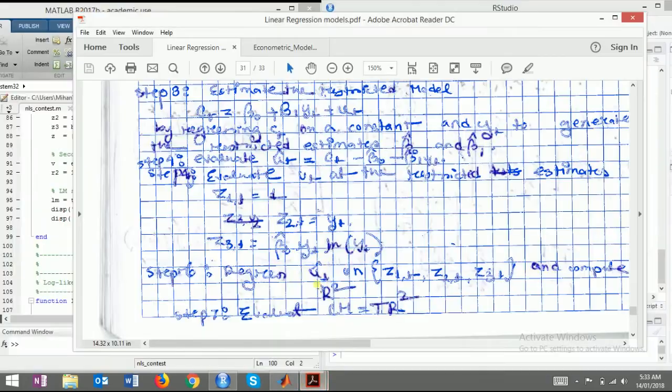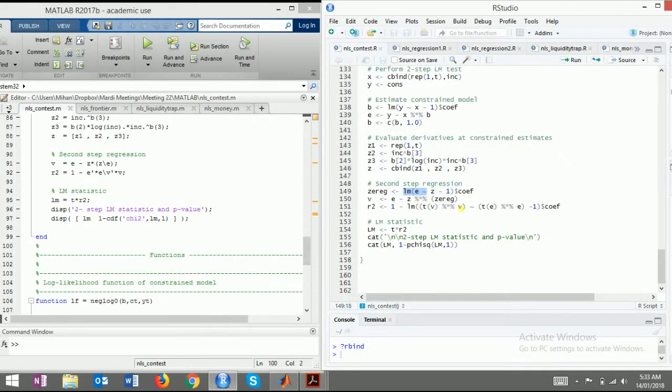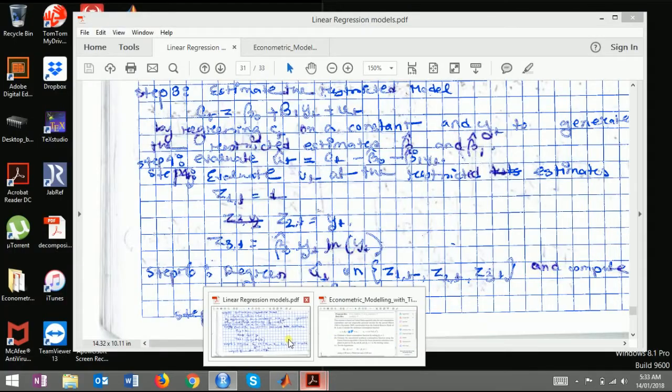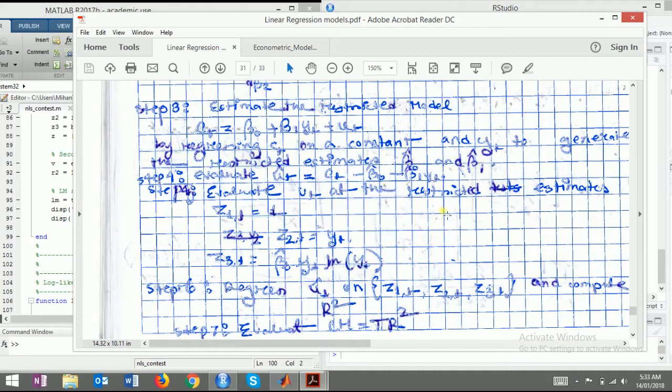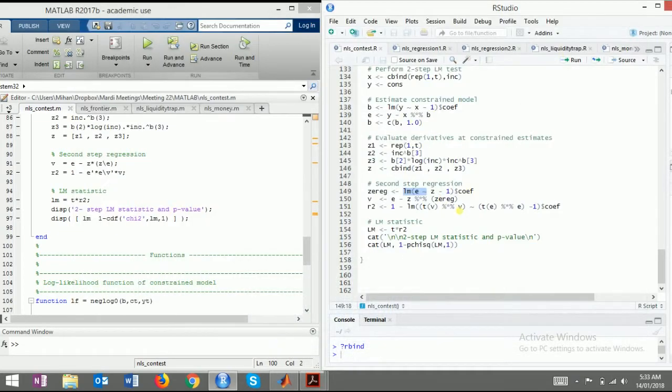Regress U on Z. Okay, and then we have V, which is E minus Z into the regressed value of Z. Okay, E minus Z into the regressed value of Z. So we are updating the information Z with the regressed value of Z. So V is being updated, and R square is 1 minus